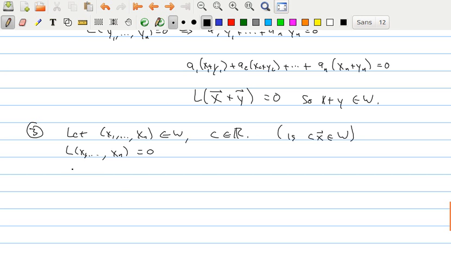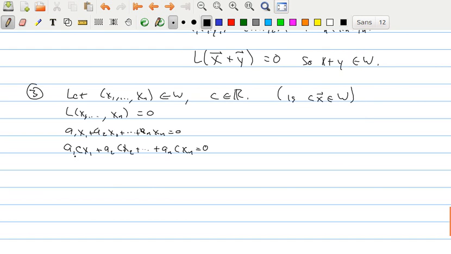This means that a1 x1 plus a2 x2 and so on up to an xn is 0. Now if we multiply both sides of this equation by c, we get that a1 cx1 plus a2 cx2 and so on up to an cxn equals 0. And this, on the left-hand side, is the definition of L of cx1, cx2,